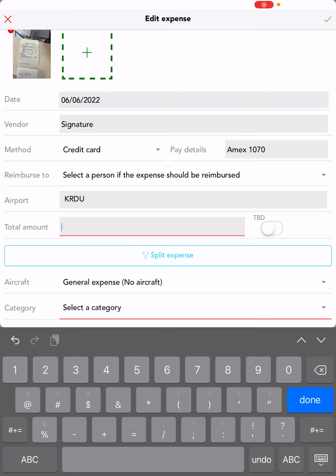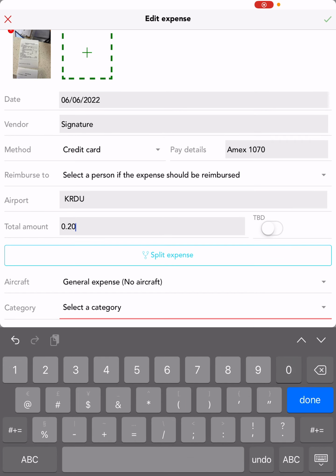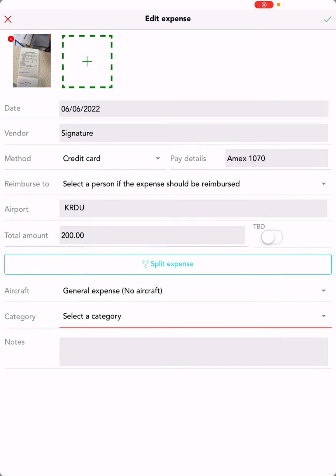And now let's say you split up fuel and all other services on 2 different invoices. So let's say you have a GPU and a lav service or anything like that on there. So what you would do is you put your total amount. Let's just say it's $200, and you would hit split expense,